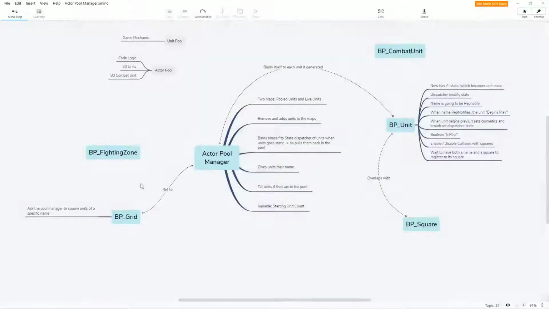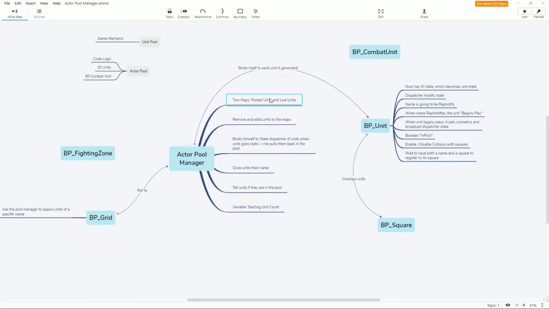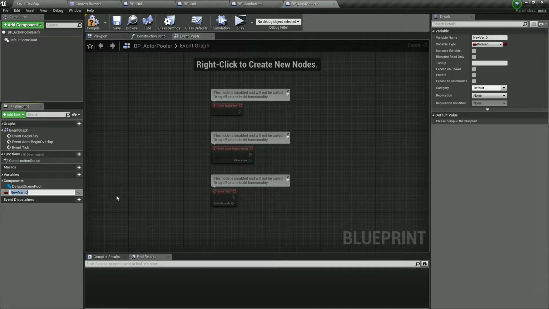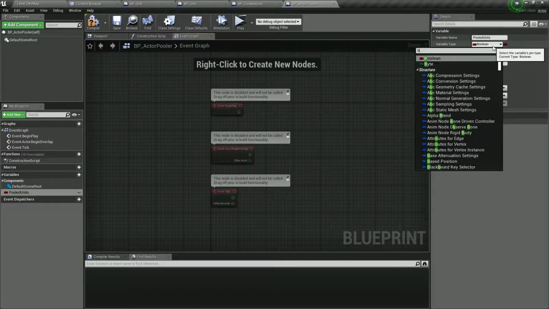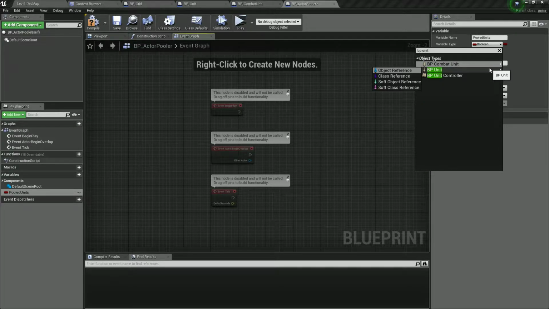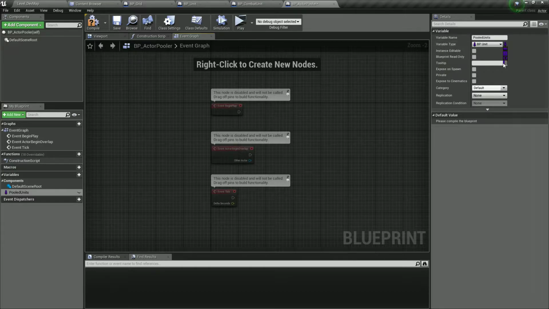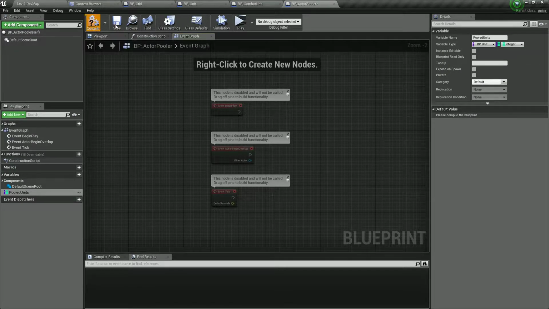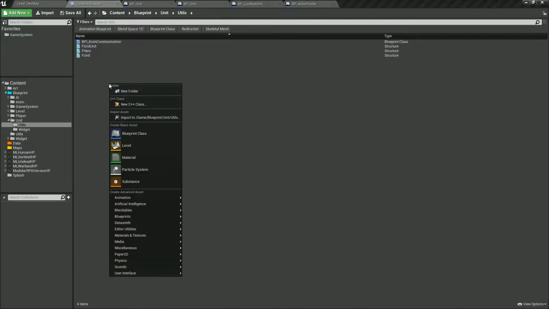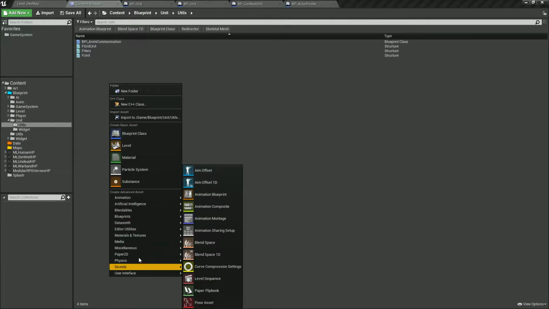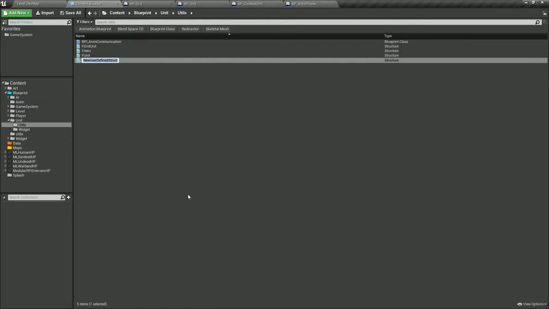How did we choose to be doing this? We're gonna have two maps. Okay, so this is gonna be pooled units, and this is gonna be a map of BP unit class, and this is going to be an array of a structure which we don't have yet, so we're going to create it in our utils unit folder, blueprint structure,